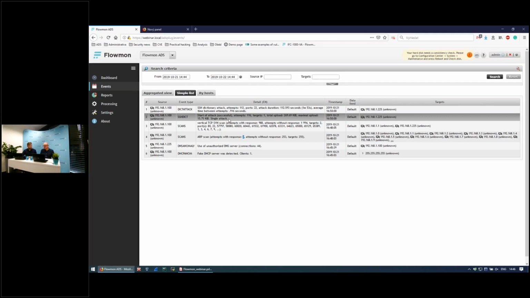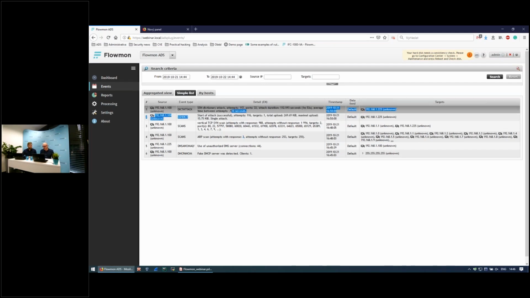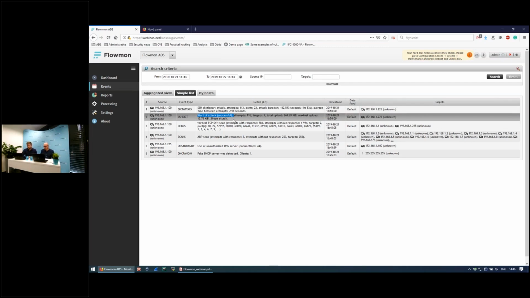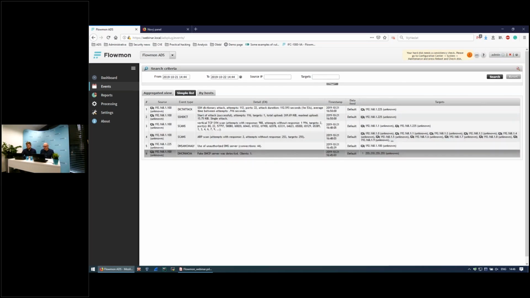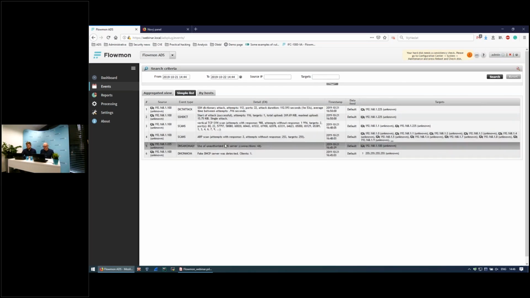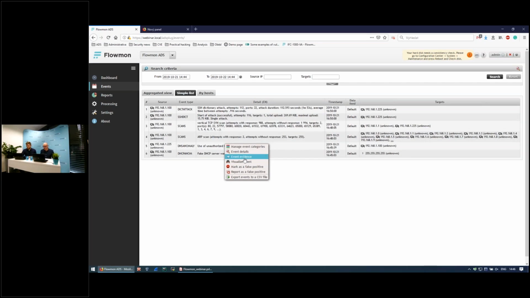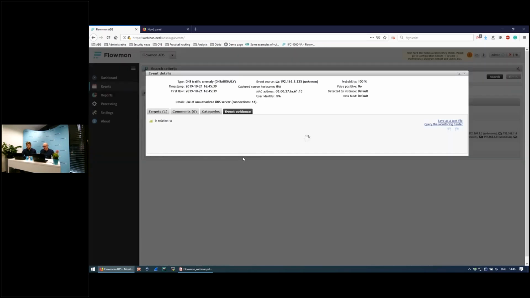The SSH dict method can also determine whether the attack was successful. You can see in the detail that the attack was actually successful. Right? So now we can, for example, take a look at the event evidence, which is the list of flows